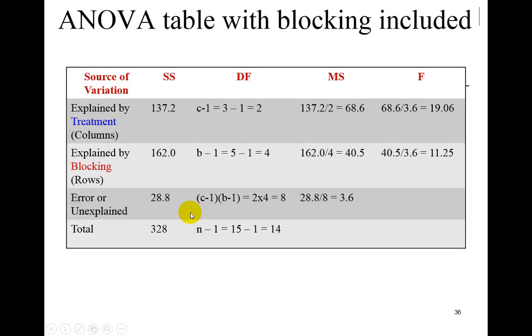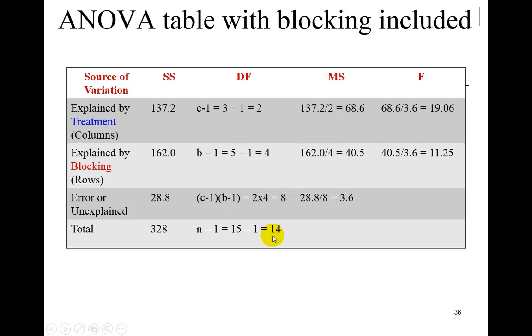So going right back here, for total degrees of freedom, it's always going to be n minus 1. So that gives you 14 because there are 15 observations in all. Minus 1 is 14. For the degrees of freedom associated with error, which is 8, one of 2 ways to